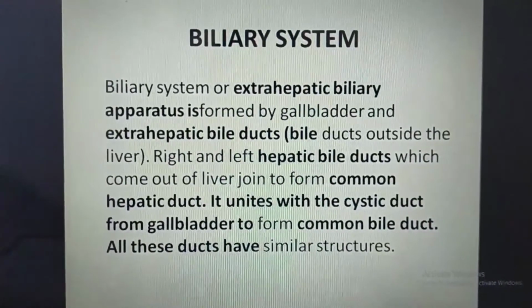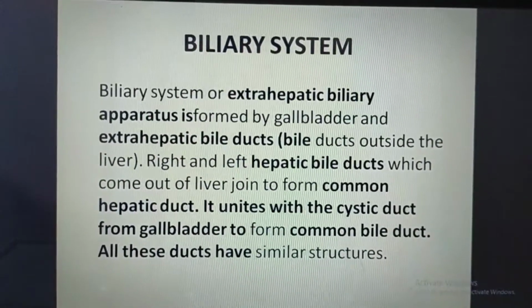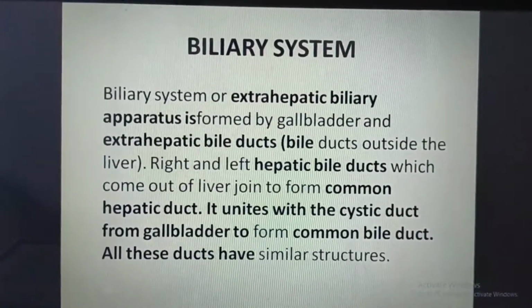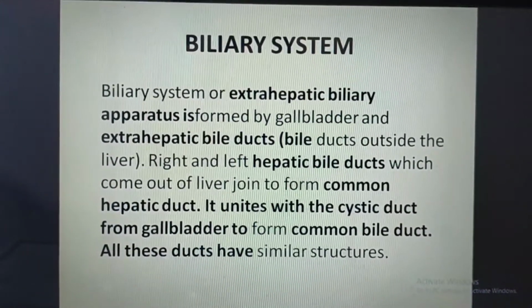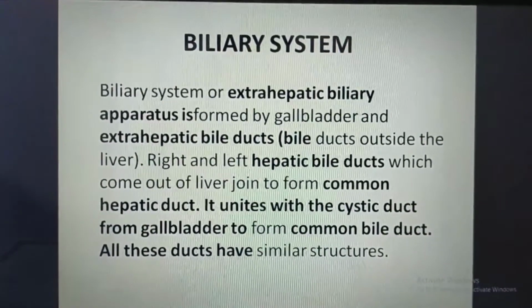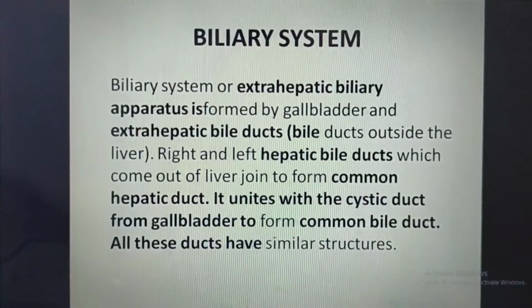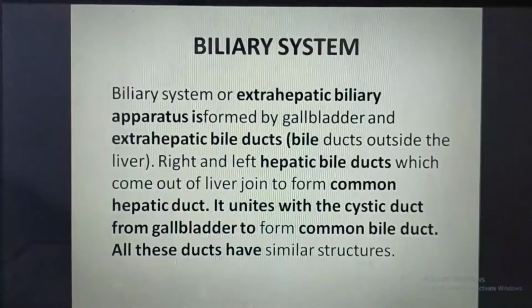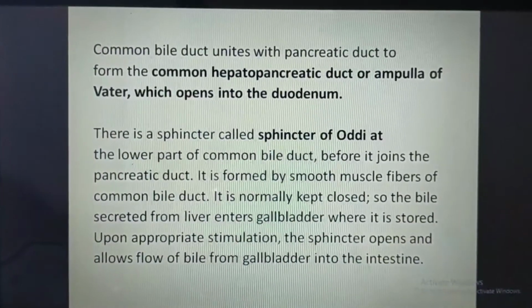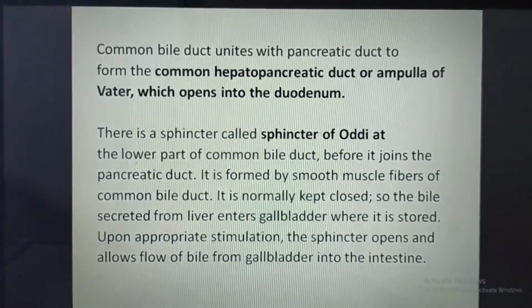Biliary system. Biliary system or extrahepatic biliary apparatus is formed by gallbladder and extrahepatic bile ducts. Right and left hepatic bile ducts which come out of the liver join to form common hepatic duct. It unites with the cystic duct from gallbladder to form common bile duct. All these ducts have similar structures. Common bile duct unites with pancreatic duct to form the common hepatopancreatic duct or ampulla of Vater, which opens into